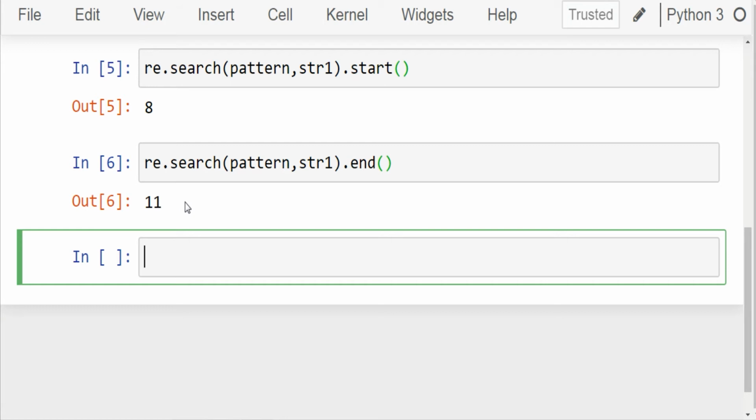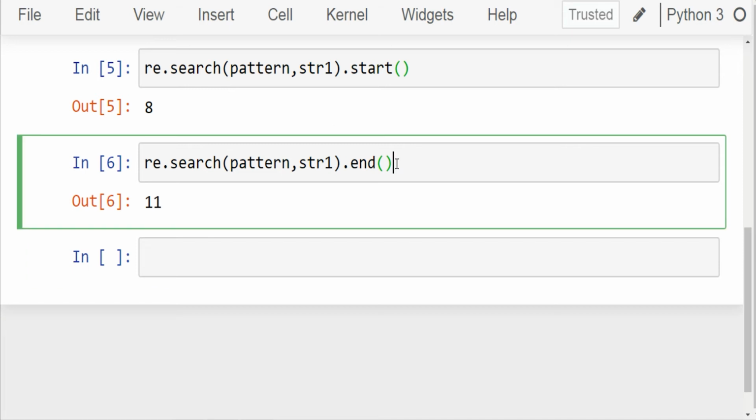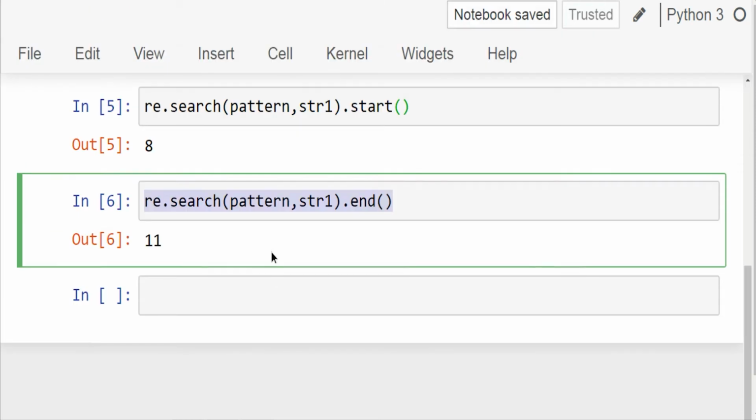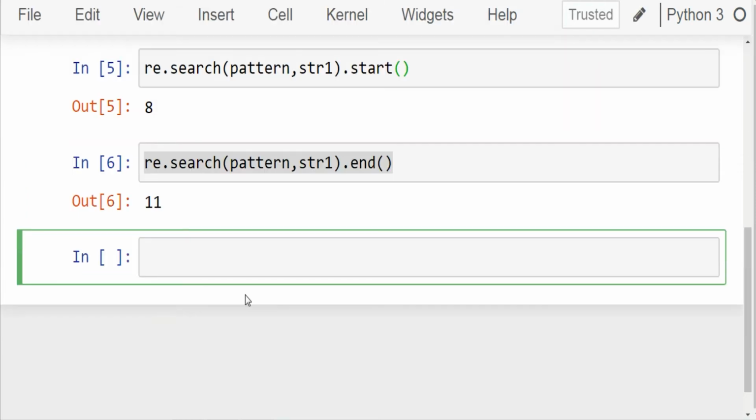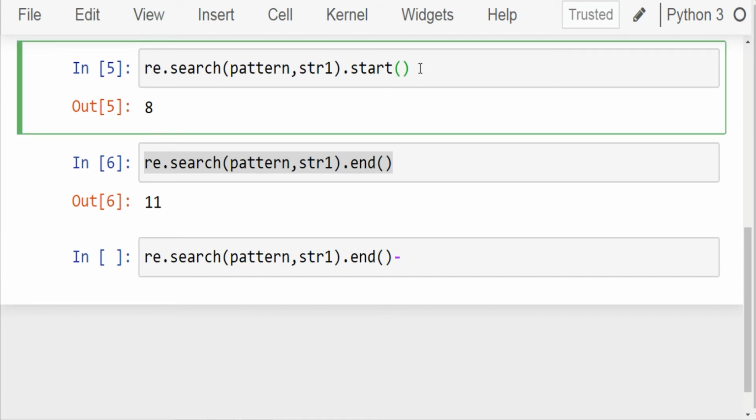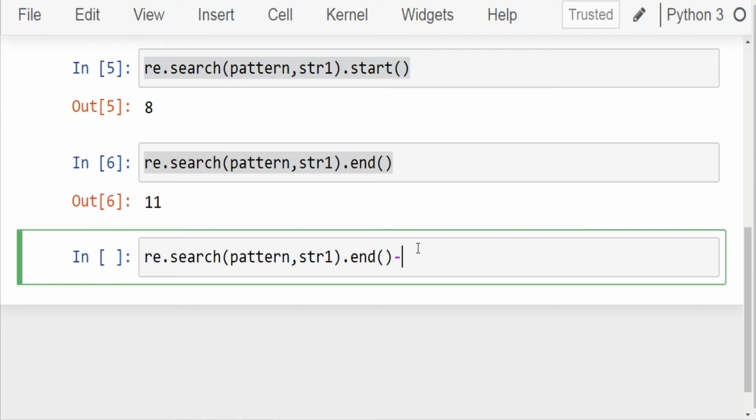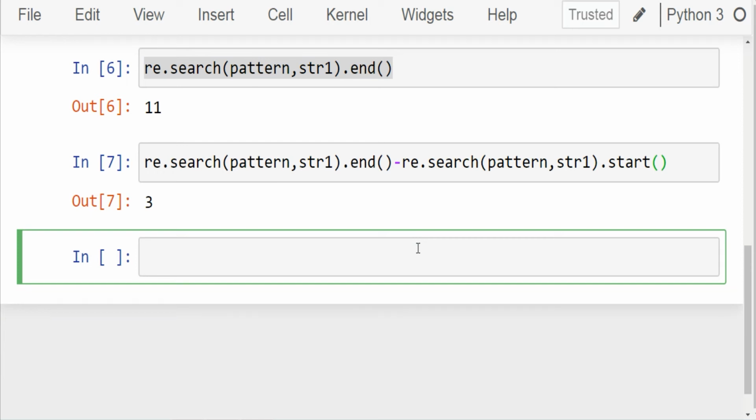If you want to display the length of the matched object, then you have to subtract the start method from the end method. Just copy this block of code, paste it in the next cell, minus. Now copy the start method, paste it here and run the cell. See that you have got 3, which is the length of dog.